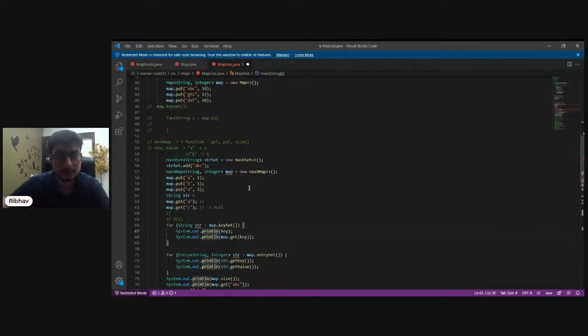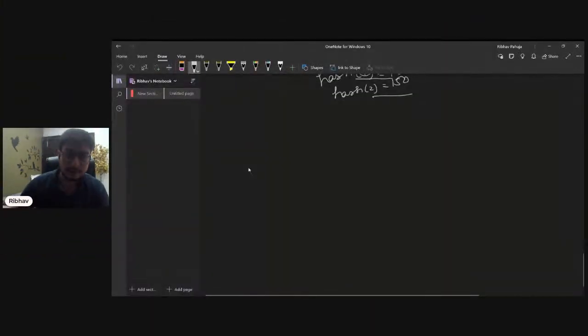Okay. So let's go through the internal working of the hash map. Before that, I'll have to explain certain concepts, so let me share my screen of Notepad and explain them. One thing that we need to know is the load factor of the hash map, and we also have something called rehash.